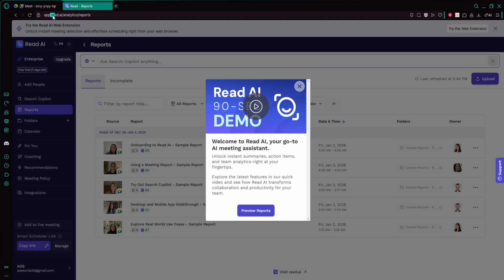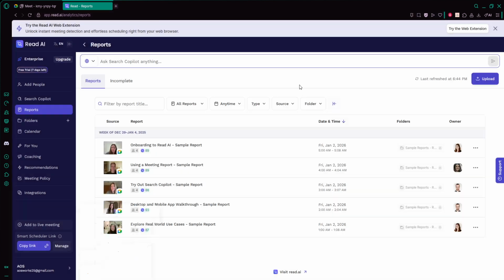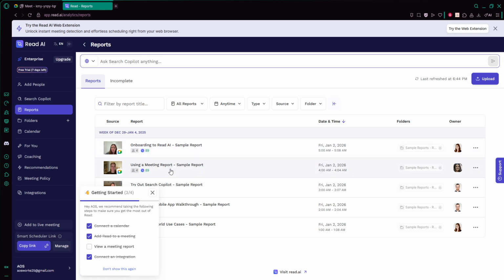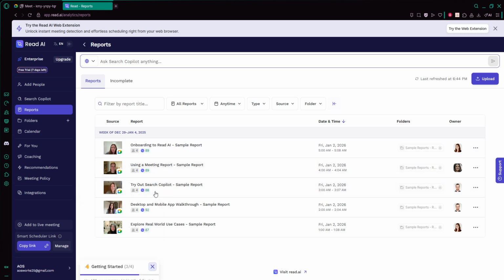If this is your first time using it, you'll be prompted to sign up or log in. Go ahead and create an account using the login method you're most comfortable with, such as your work email or a single sign-on option, and then confirm any basic permissions it asks for. Once you're logged in, you should land on the main Read AI dashboard where you'll manage all of your meetings,